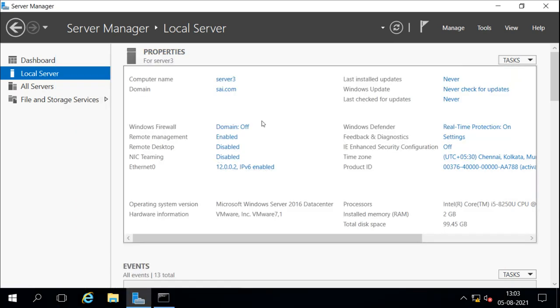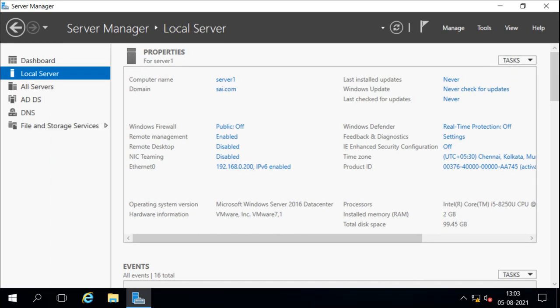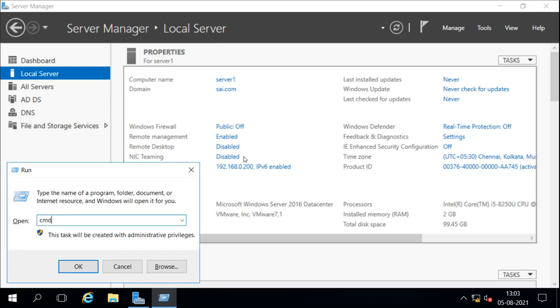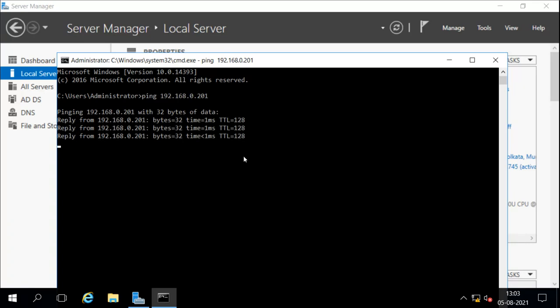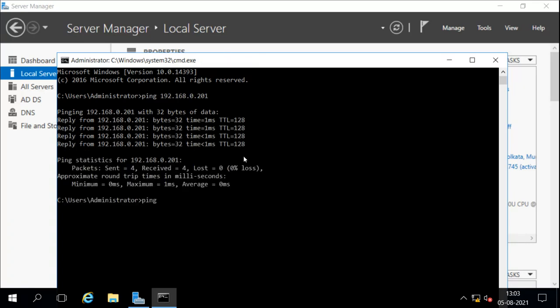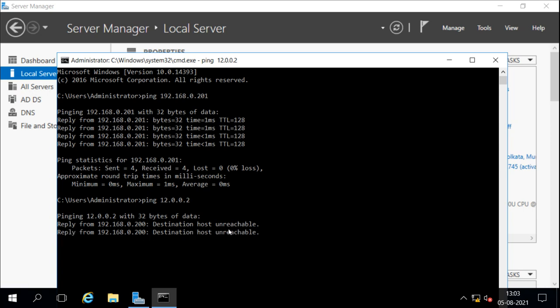When you check from server 1, it will do the same thing. So this is server 1, and if I check the connectivity, it can connect to server 2 with the 201 IP address. But when we try to connect to server 3, which is in the different network, it can't connect. It is getting the reply from itself and is not connected.